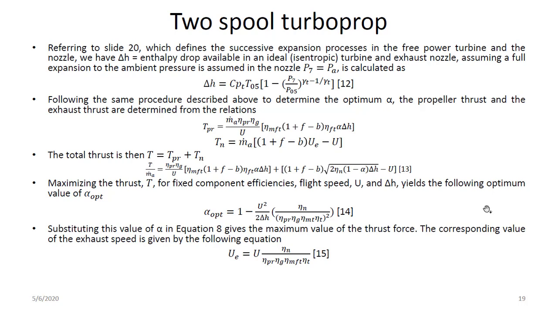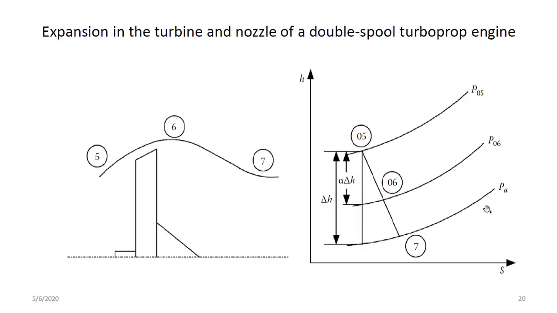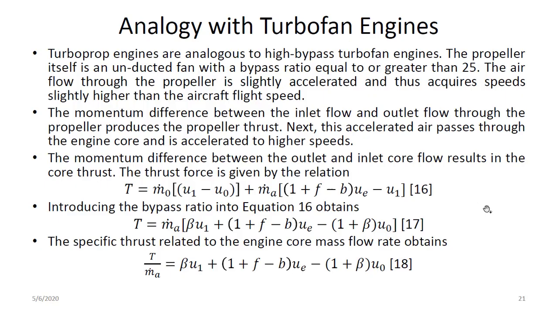Quite similar to the single spool, except I think there is a square under the numerator. This part wasn't there, but I feel everything else is almost the same. And with this optimum value, if you substitute it into equation 8, which was the equation for the exhaust speed, you'll get equation 15. All right? And I've already explained this part. And yeah, so